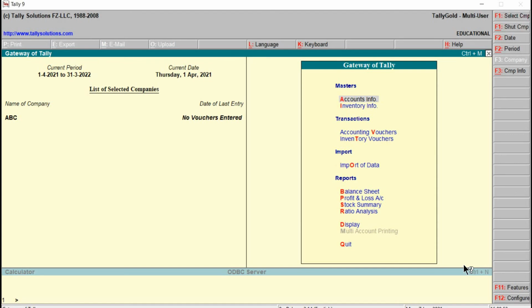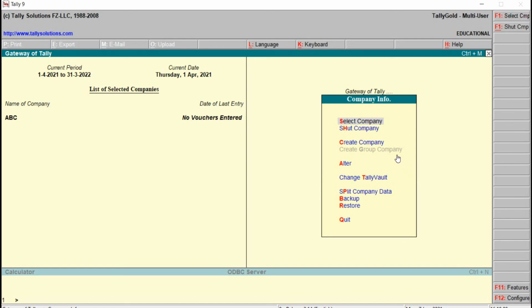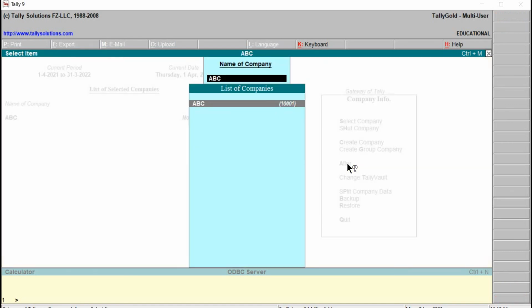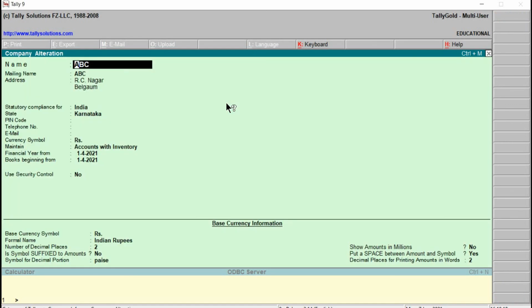Right now we have to delete a company. Again the same procedure from the gateway of Tally, Alt and function key F3. Can we see any delete option here? The delete option is not available. Once the company info menu appears, just go to alter. Then select the company ABC.